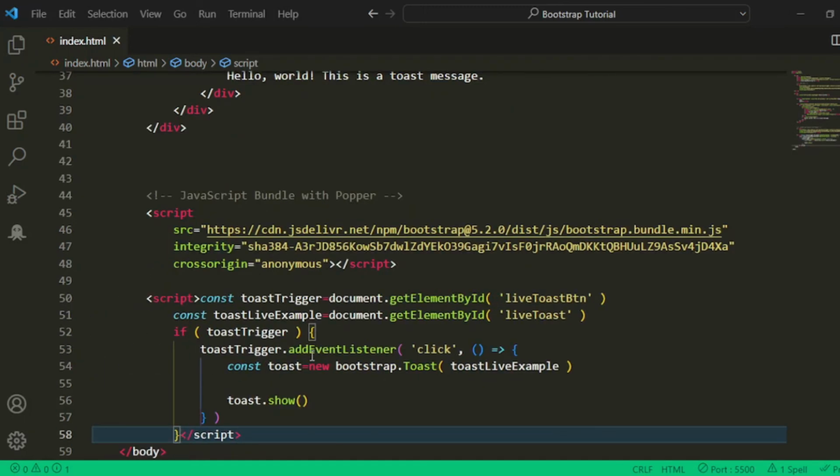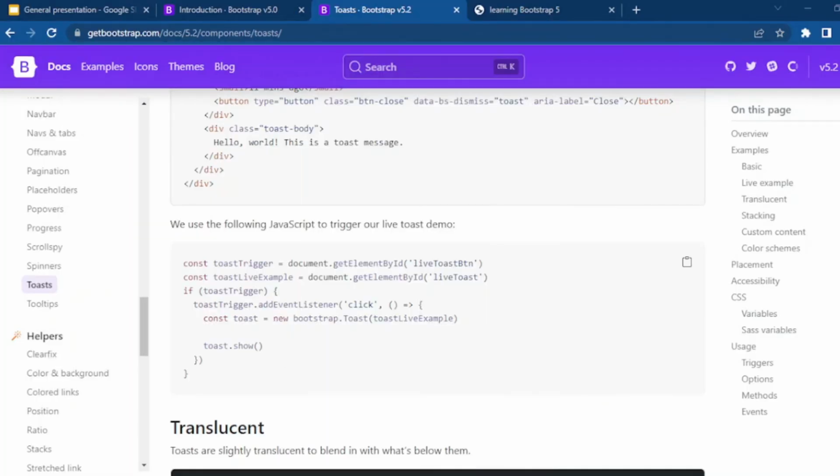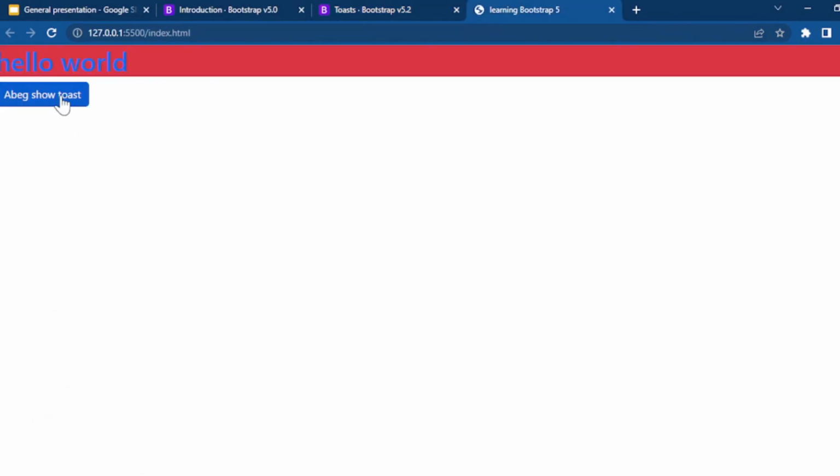If I press save and arrange this code a little, and then go back into the browser, come back here, go back into our example, and click on it, we now get our Bootstrap working fine for us. Of course, the image is not there, but you get the point. Now we have a full toast. If you want even the toast to change color to something else, we can close this background. But for now,